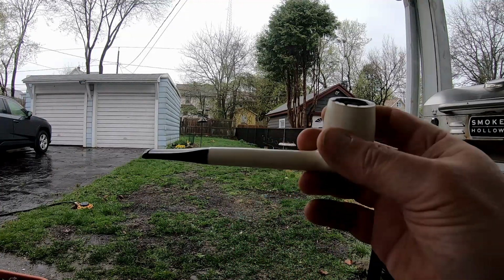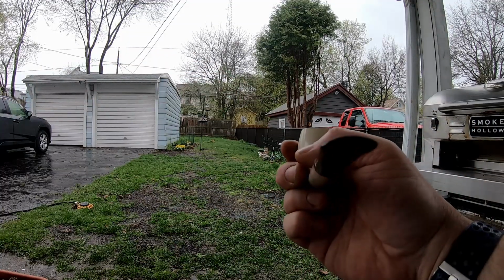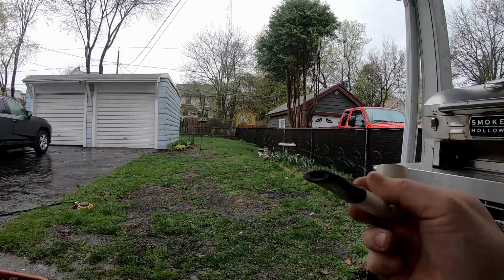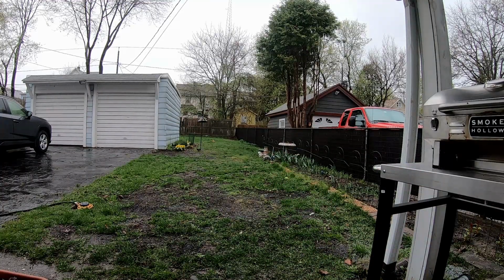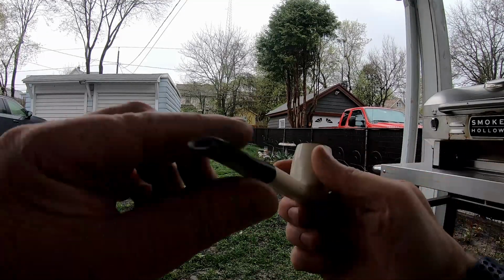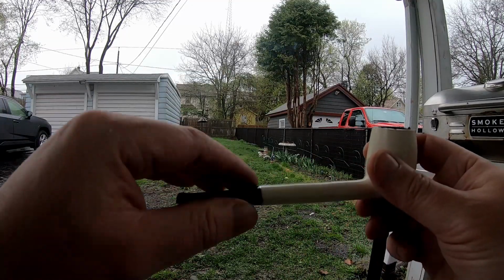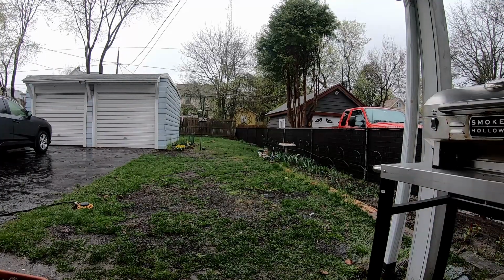I have another one of these white briars, and Phil Rivera was trying to explain to me what to do to fix it in one of Mike's live streams last Friday. I should have brought it out, but Mike's going to look at it at some point for me. The other one is actually cockeyed like that. So I guess there's some adhesive, and you need to heat this up and you can move it and blah blah blah. Well, I was going to use fire to try to fix it, but then I remembered